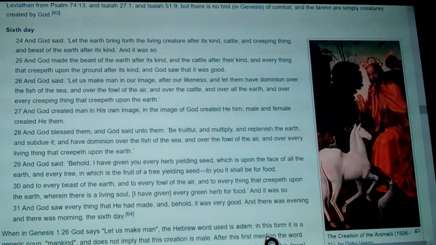And God said, let us make man in our own image, after our likeness, and let them have dominion over the fish of the sea, over the fowl of the air, over the cattle,